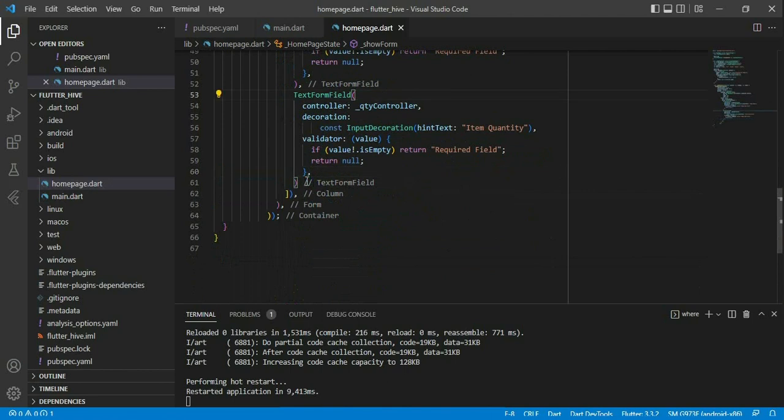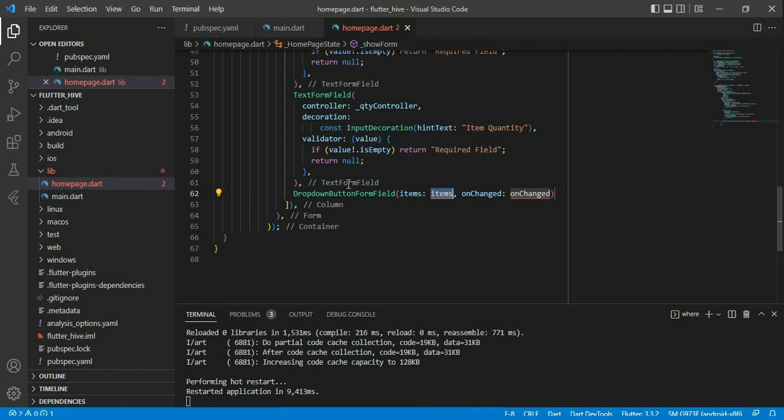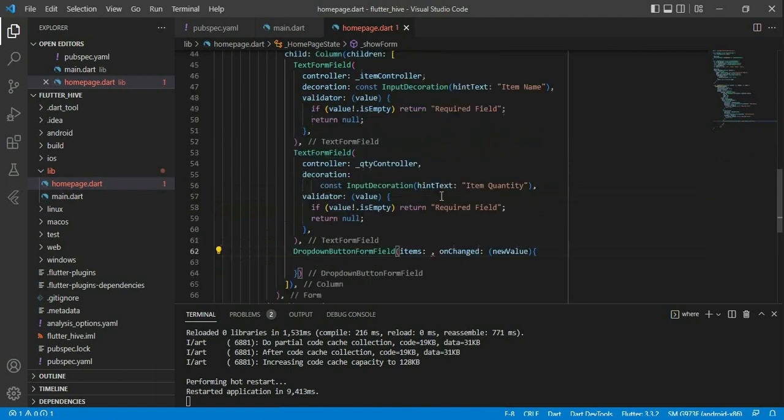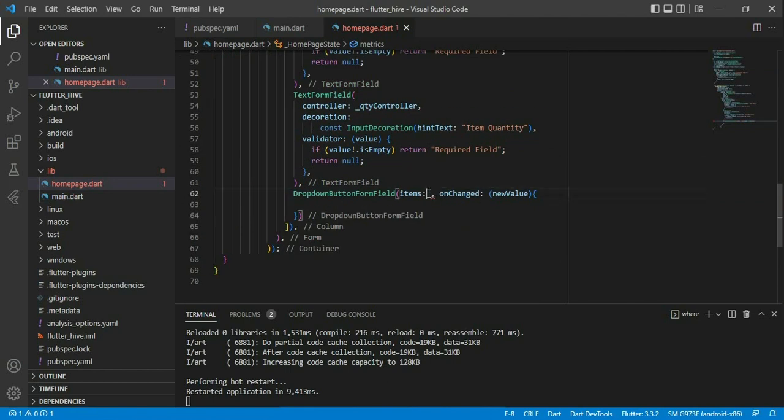And then let's add the drop down for the matrix. Drop down button form field and on changed. Let's leave it empty. It takes new value or value, any variable here, and the items. The items should be this matrix. So matrix dot map item,